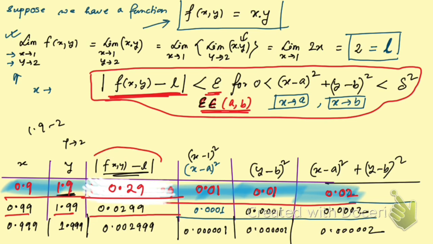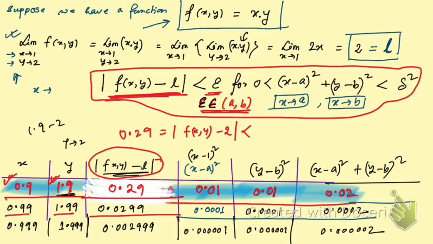This value, for these two, we have got 0.29. This is nothing but mod of f of x, y minus L. So here in this case L is 2, right? L is 2. This is less than,